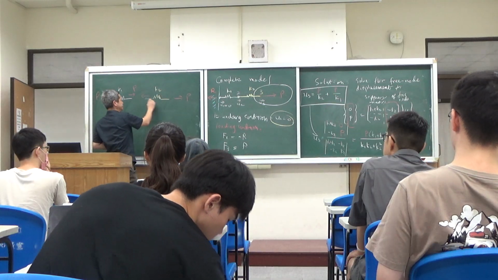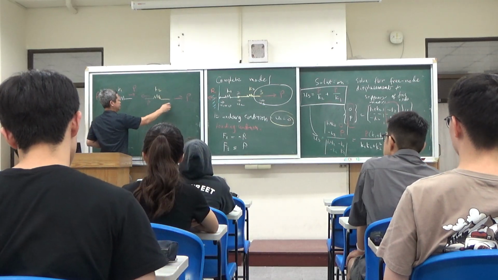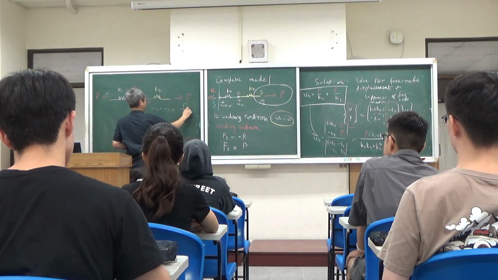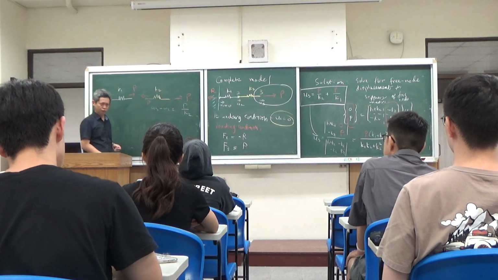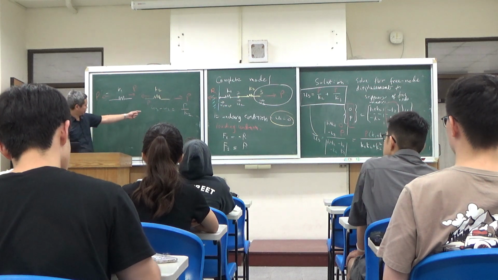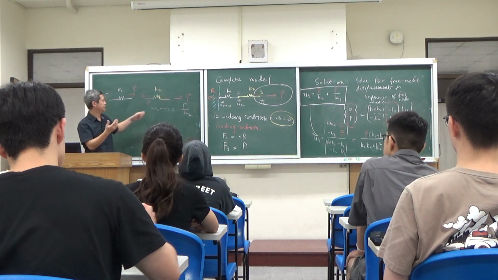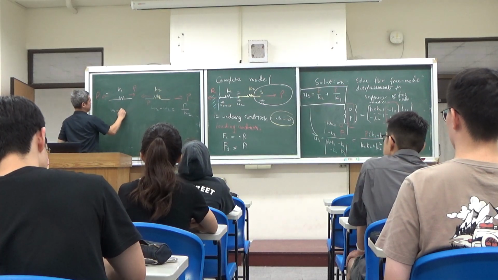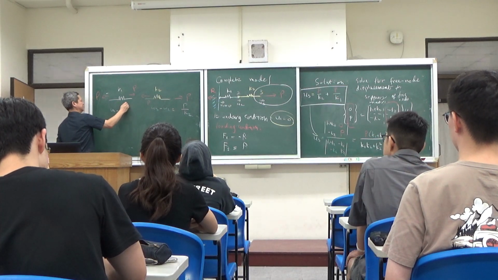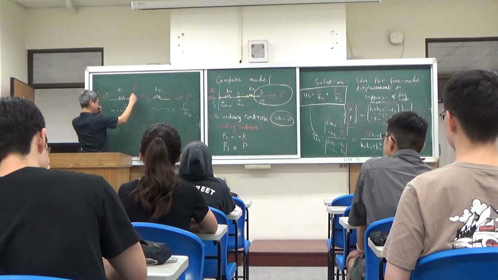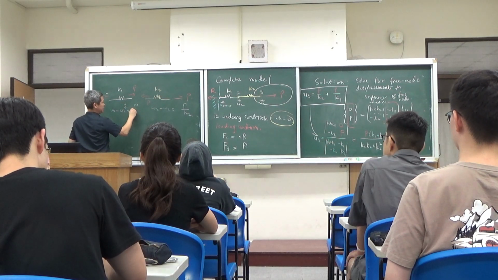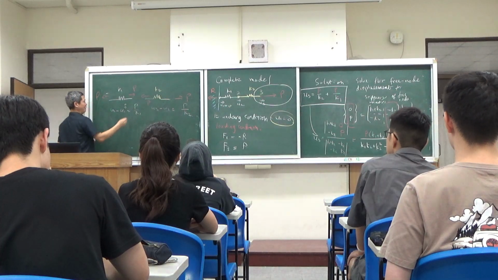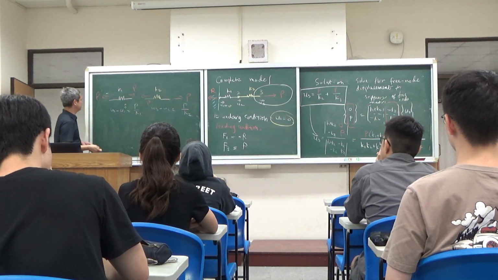So what is U3 minus U2? It is P over K2. Right, Hooke's law. And then what is U2 minus U1? In this case, U1 is 0, and the amount of the extension is P over K1. And if you now try to find out the total displacement,